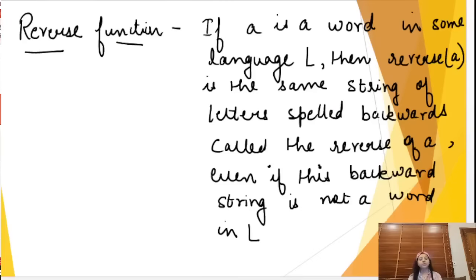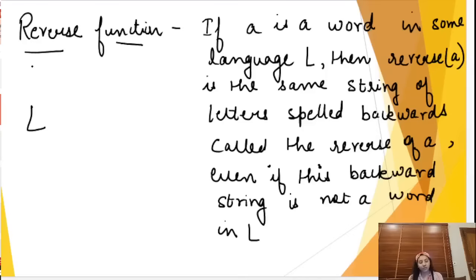What we mean by reverse function is that if A is any word in some language L, then the reverse of A is the same string of the letters spelled backwards, called the reverse of A, even if this backward string is not a word in L. So it says that if there is any string that belongs to my language L and if I calculate the reverse of that word, then it may be a possibility that the reverse of that word may not belong